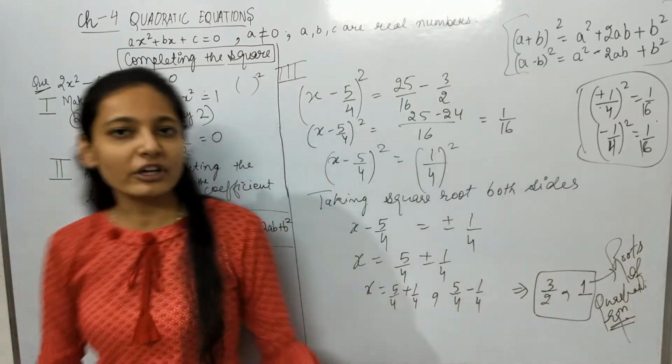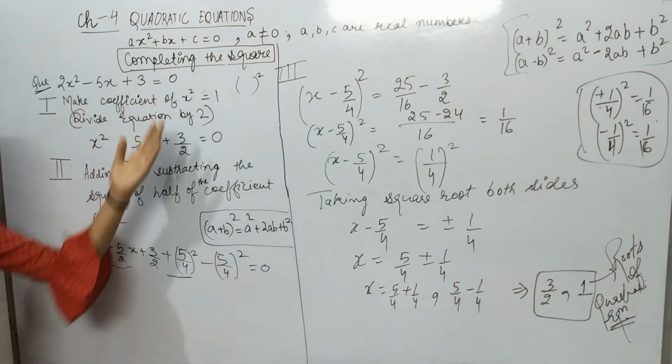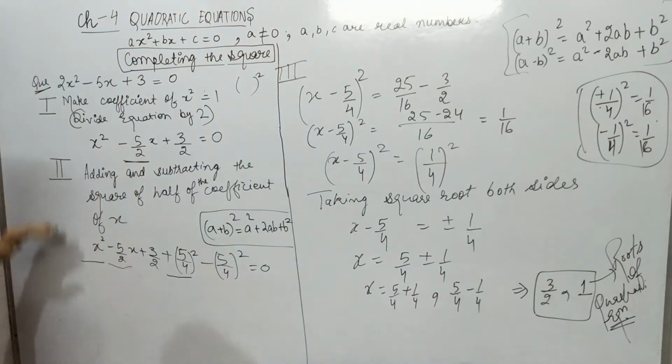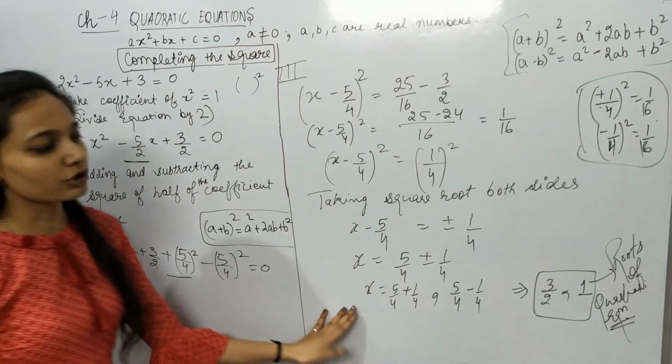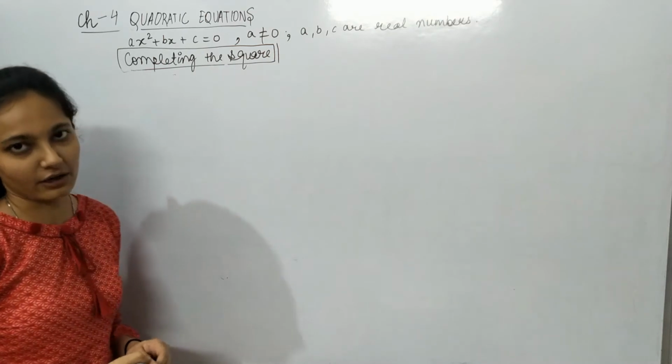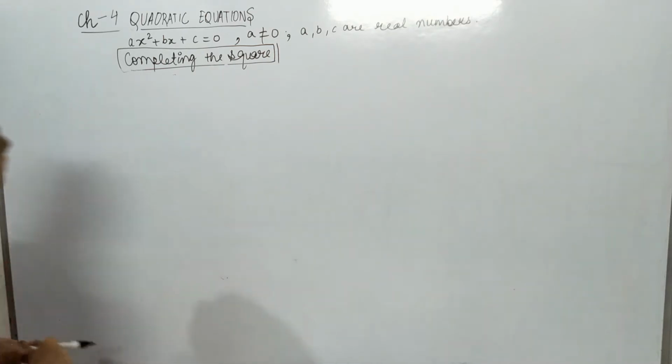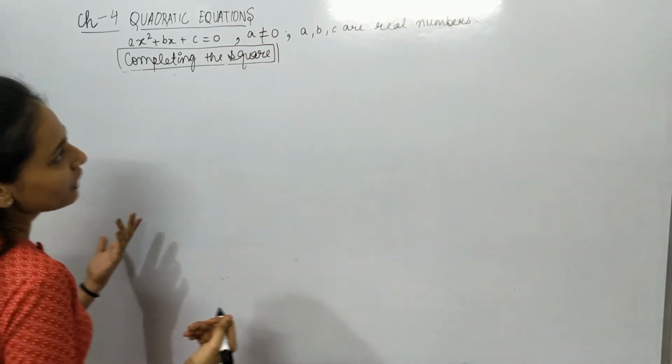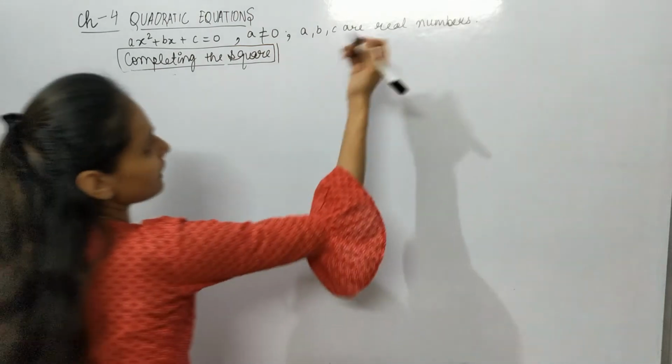Okay, simply you can find the roots of the quadratic equation by splitting the middle term also, but this we have done as the second method to find the roots of the quadratic equation. Now we will deduce the formula for a quadratic equation, directly deduce the formula to find the roots of the quadratic equation. Let us see first the formula.